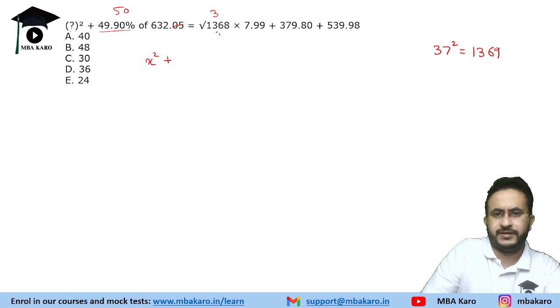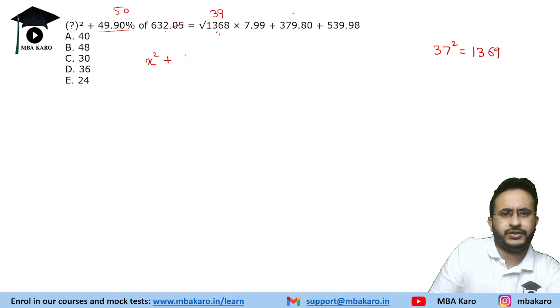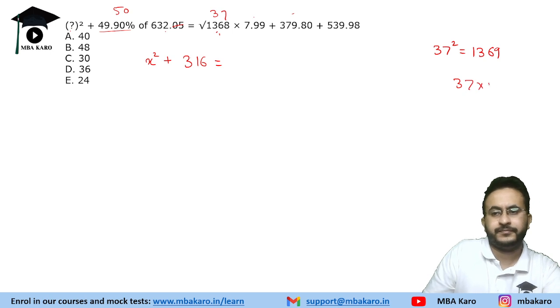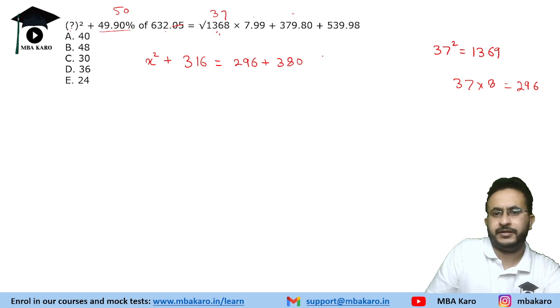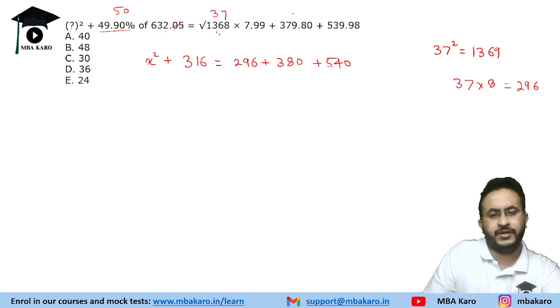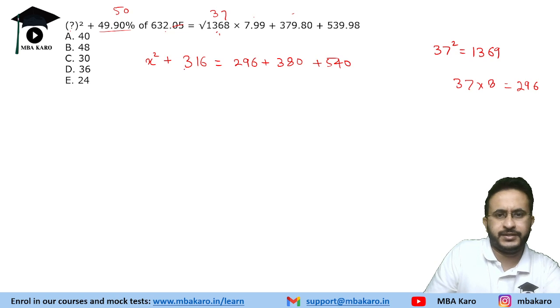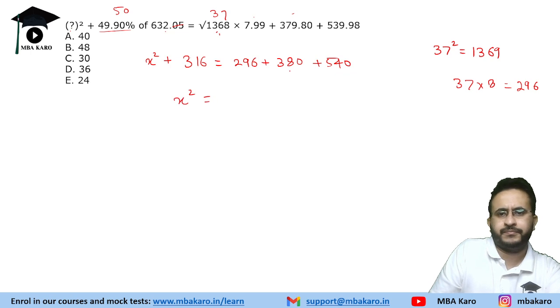So this is 39 into 8, and this is 380 and 540. So 39 plus this will be 316. 39 into 8, 37 into 8. 30 into 8 is 240 plus 56, 296. 296 plus 380, and plus 540. Okay, so we will calculate this. 316 means, or let's just, x square is equal to, this is